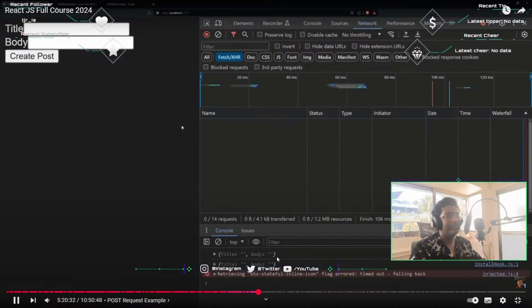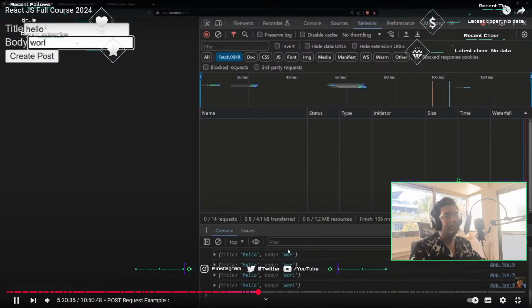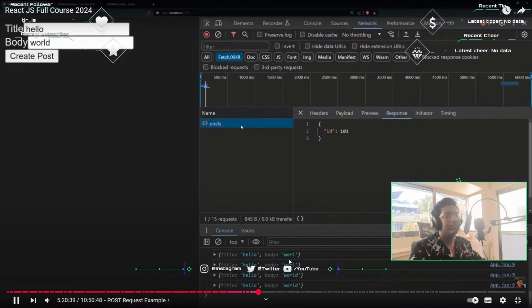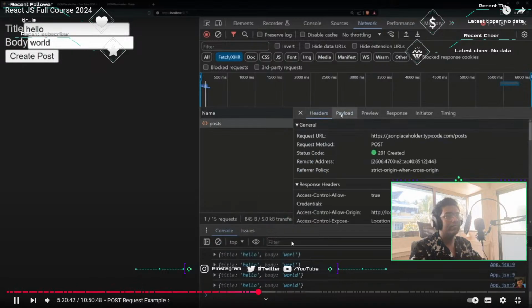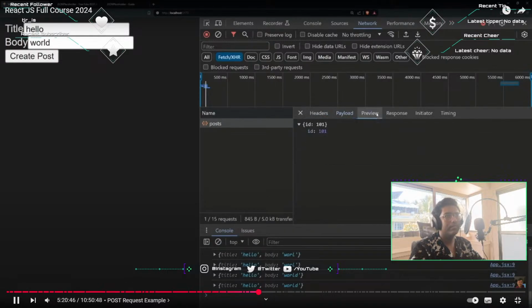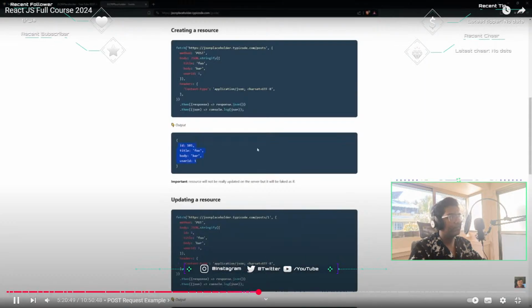Now I'm going to refresh the page, and I'm going to show you what happens now. So let's do hello world, create post. The request succeeded. Notice how this time, if I look at the payload, you'll see that it says body, title, and user ID. If I look at preview, we have 101. Not really sure why it is still